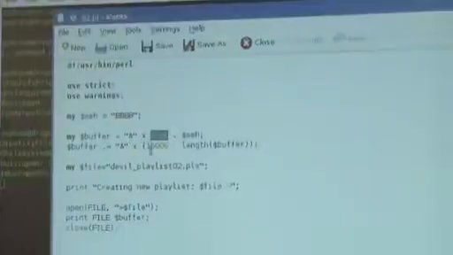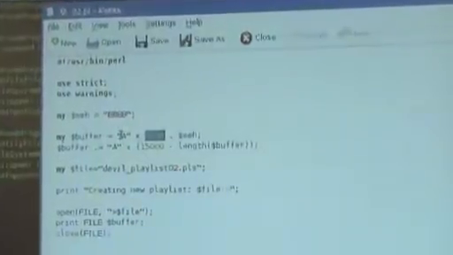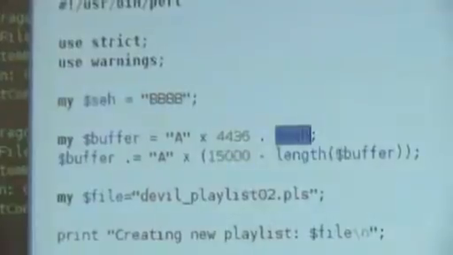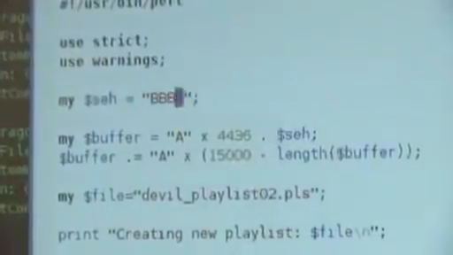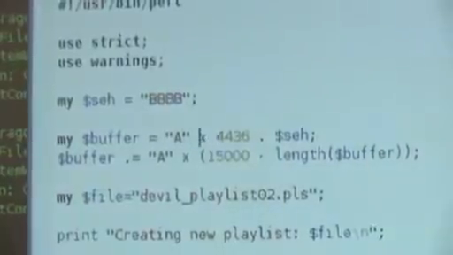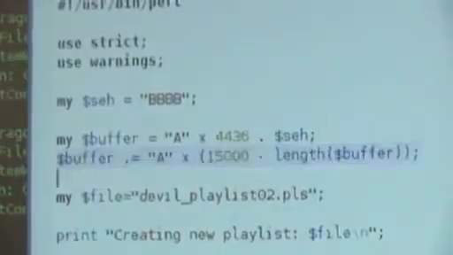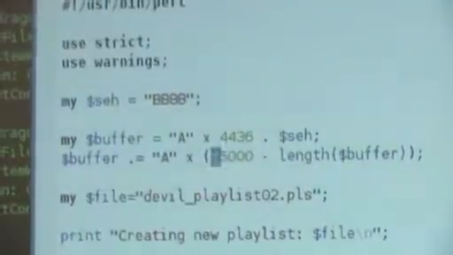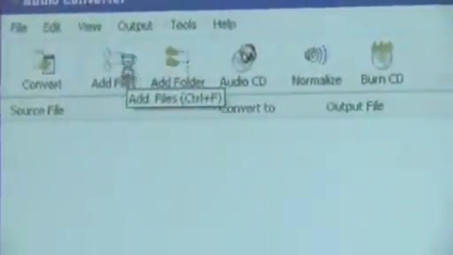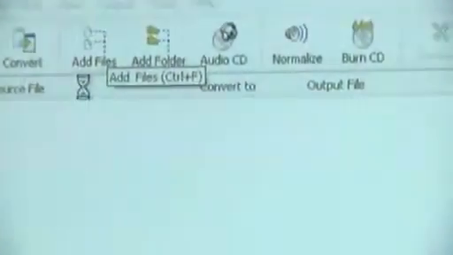And then using this we take a step further. 4436 was the offset from a base address of 15,000. We fill it with the letter A, and then we put in the address of the SEH record, hex 4242, letter B. 41 is A, 42 is B, and then we will just fill in, dynamically sizing the rest of the bytes. If everything runs smoothly, and if we open our second playlist file,